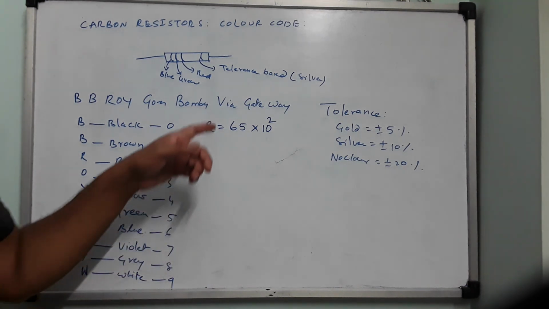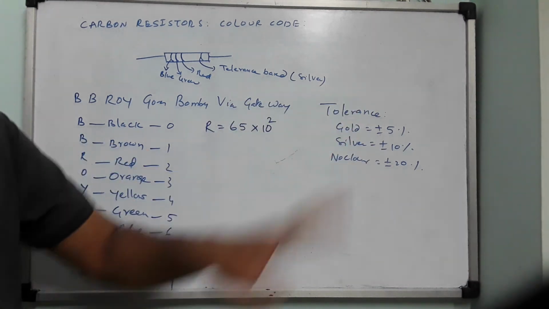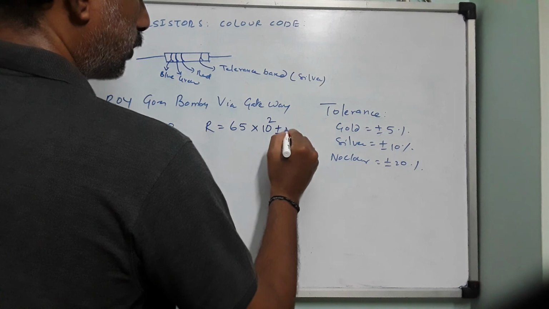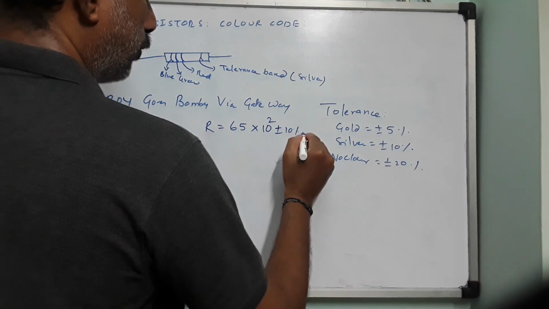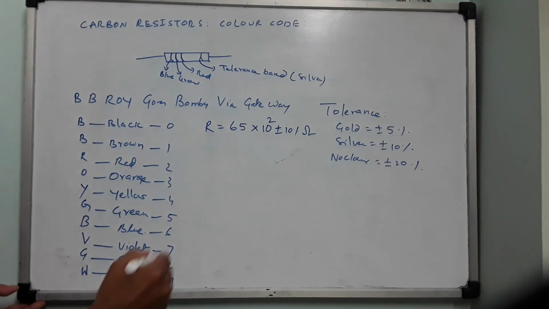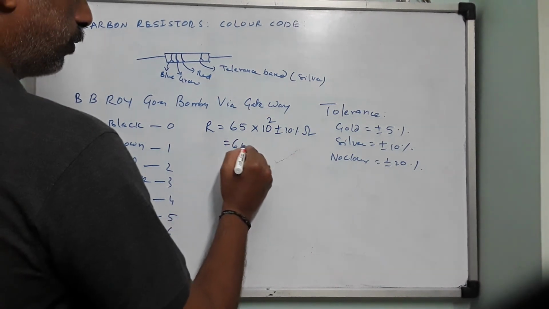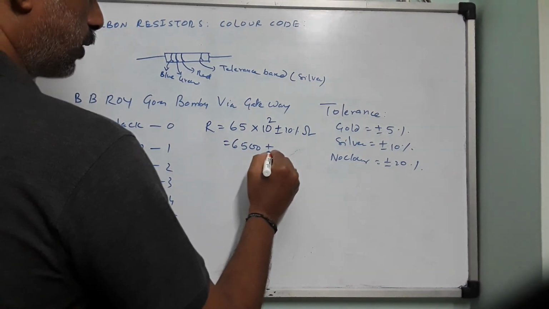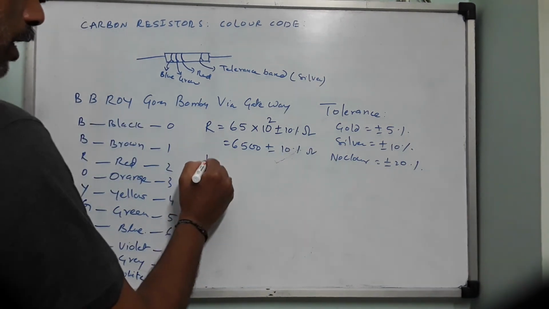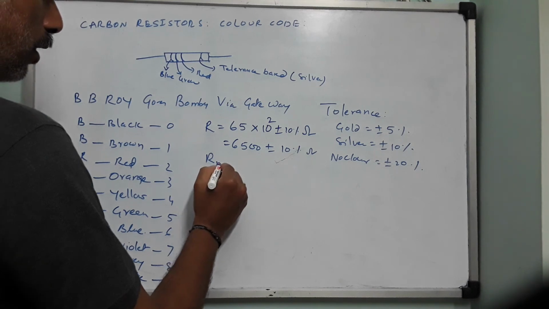Suppose now it is silver. Silver carries how much? Plus or minus 10%. So here I will write plus or minus 10%. What is the unit? Ohm, because after all it is a resistance. So this will be 6500 plus or minus 10% ohm. That means R minimum is